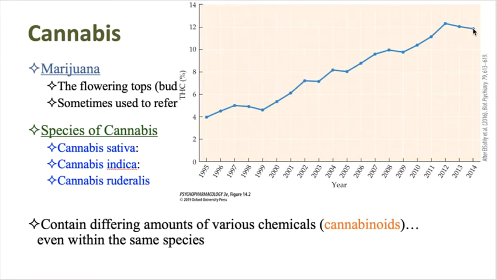If you go to a state where cannabis is legal, like Oregon or Colorado, and you go to a cannabis store, they will take you through all the different strains they have available and the amount of THC versus CBD versus CBN within that strain. The different amounts within each strain are going to give you slightly different effects, your personal user experience. That's because the different cannabinoids interact with different receptors, which are found in different places within your central nervous system. But we're going to talk about that more later.